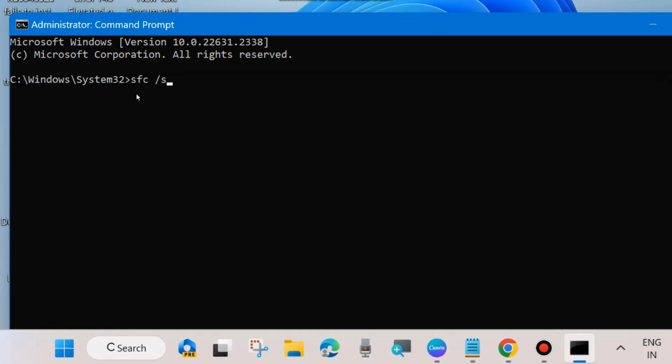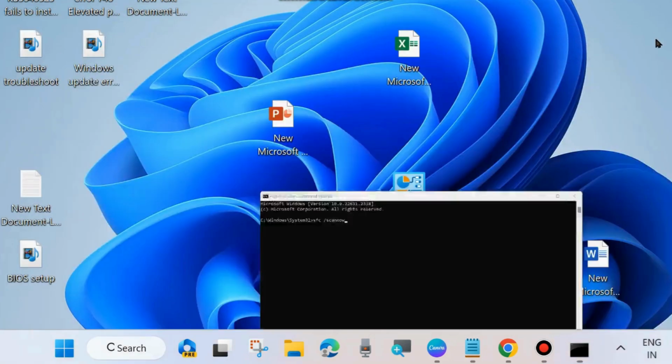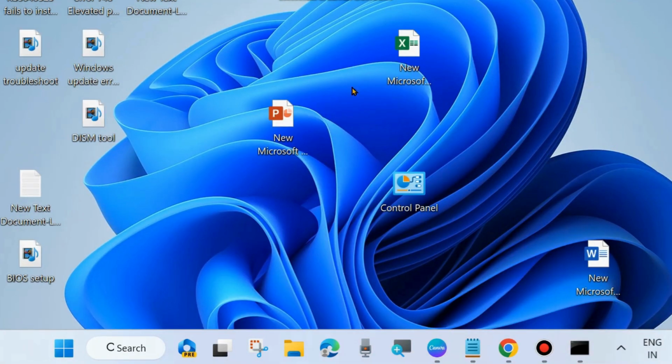And after that, execute the command sfc /scannow and press enter and wait till 100% verification is complete. It will scan your system for any corrupted or bad system files and repair them accordingly. After that, don't forget to restart your system and check whether your Windows update is installing or not. If not, go to the next fixes. Right click on the start button